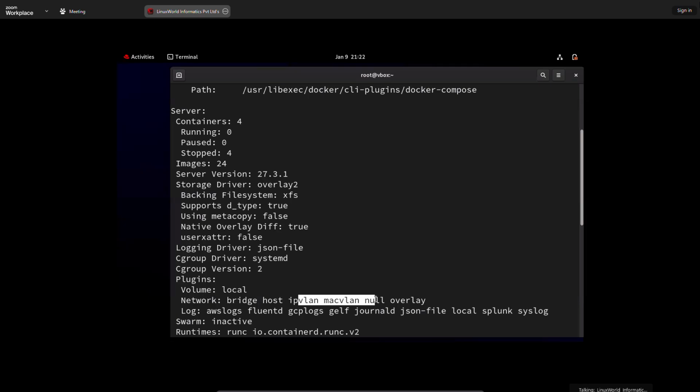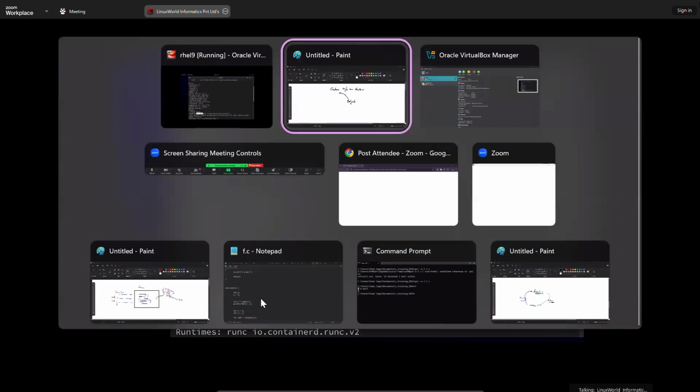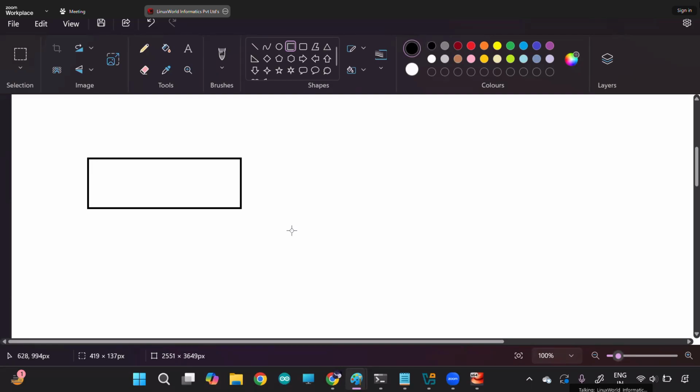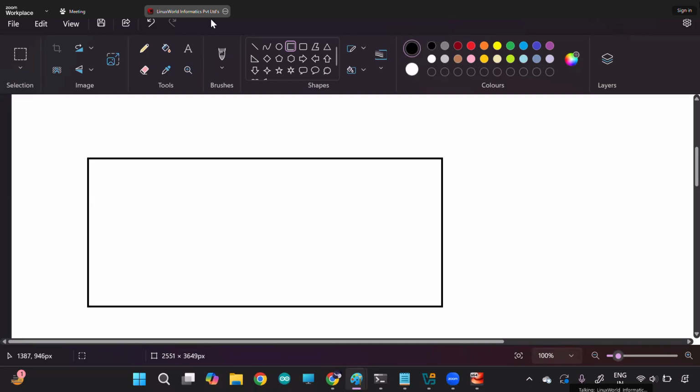Okay. At this point in time, Docker is supporting these drivers, and because it supports these drivers, if you want to create your own custom network, at that point in time you can decide which driver you would like to use. And the difference between the drivers I explained, guys, in my last classes, right? So for example, if you want to create a network, something like this. So what is a network? One area. In this area,